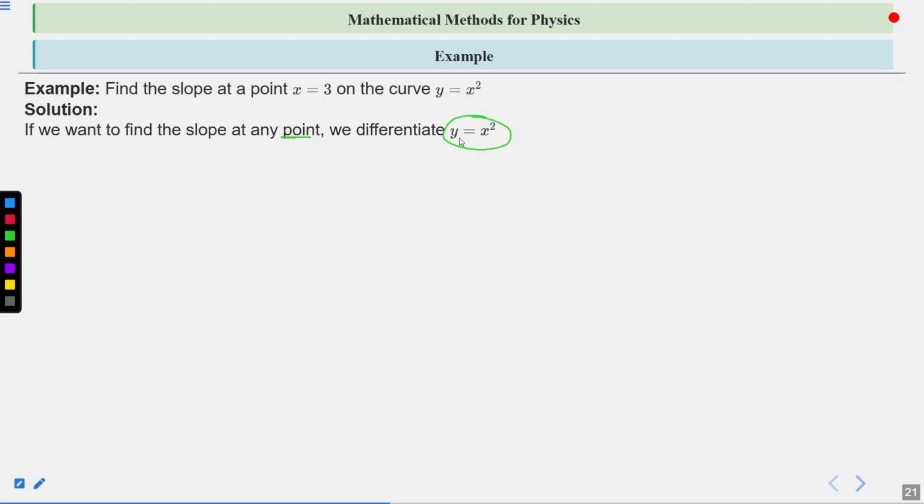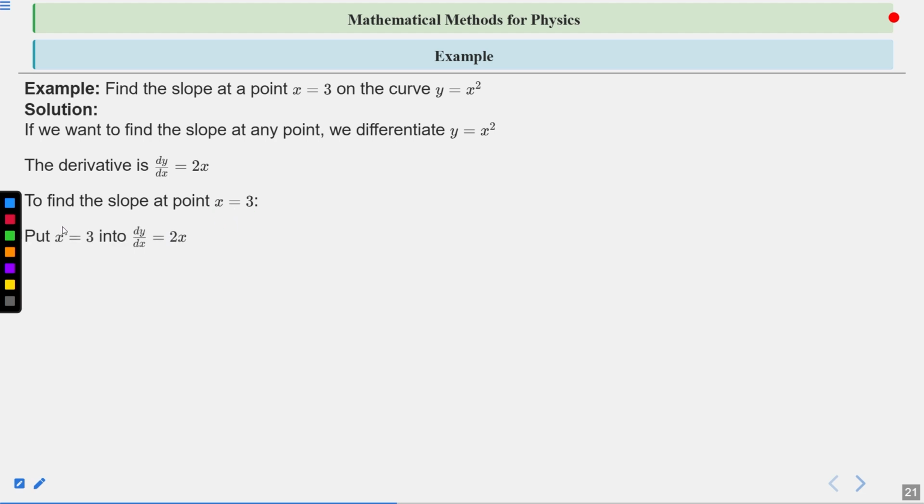So let's take the derivative. So the derivative dy upon dx is equal to 2x. The derivative of x square with respect to x is what? 2x. To find the slope at point x is equal to 3, put x is equal to 3 into dy upon dx. So it will be 2 into